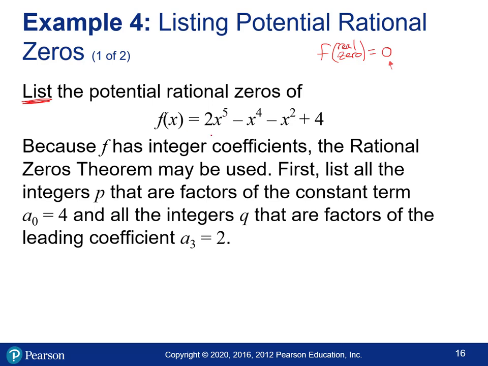Okay, so first of all, we can use the theorem because all the coefficients on these terms are integers. And so let's list the factors. We have a constant of 4, so we want to list the factors of 4. And we have a leading coefficient of 2, and we want to list those factors as well. So the factors of the constant term